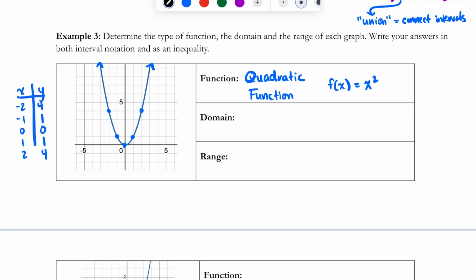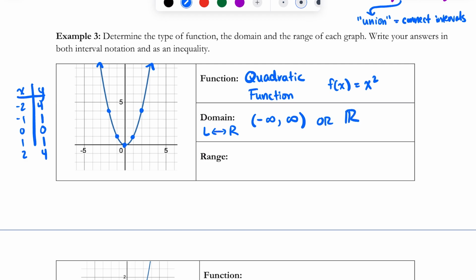So let's talk about the domain and range here. Remember, domain is always how far left to right my graph can go. And if I think about this here, that left arrow, if we think about end behavior that we previously talked about as well, that left arrow is going up, but it's also slowly growing out to the left as well. So I know that I can go all the way to -infinity, and then my right arrow is doing the same thing, and it's also going all the way out to the right, meaning that I can go to +infinity,